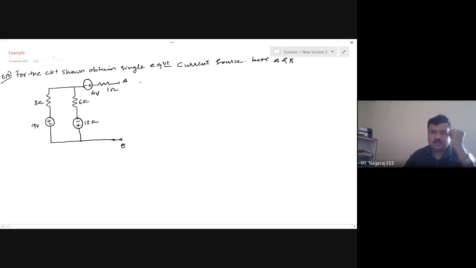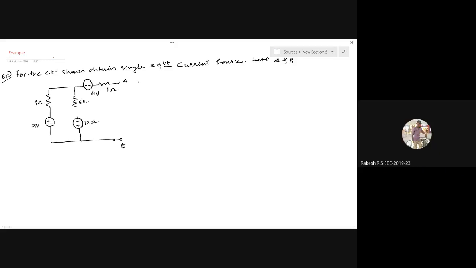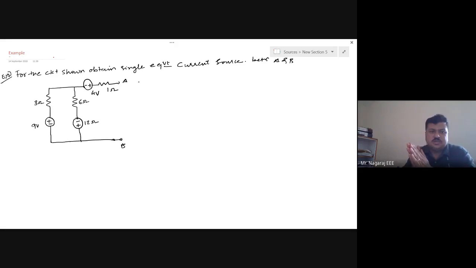Now, do you find any redundant elements in the circuit? No, sir. There are no redundant elements, because it is valid only if there is a resistance in series with voltage sources. There are 3 resistances and 3 voltage sources, and all those 3 resistors are in series with the voltage sources. So there are no redundant terms, and we need not worry about that part.